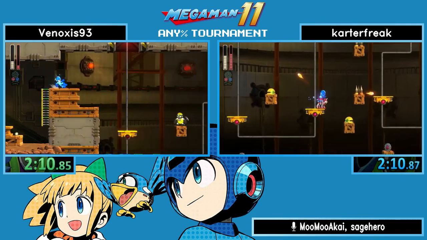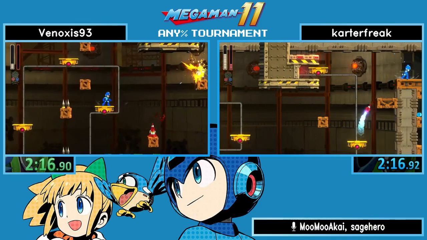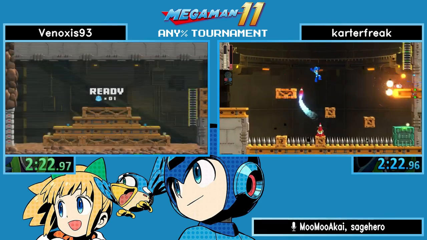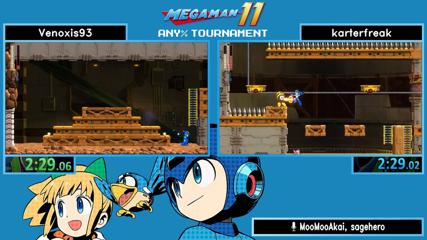Coming up to the big room, and they're going to be doing a difficult Rush Coil strat here, taking a damage boost and using the iframes to get to the spikes. And it looks like they both made it through the spikes. Oh no! So Veno takes a death. Fortunately, the checkpoint is right there, but he's going to be a little bit low on Rush energy. He's going to have to pick up these